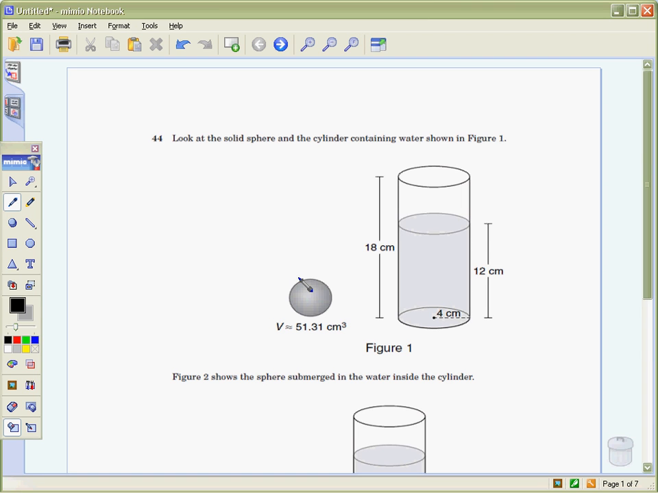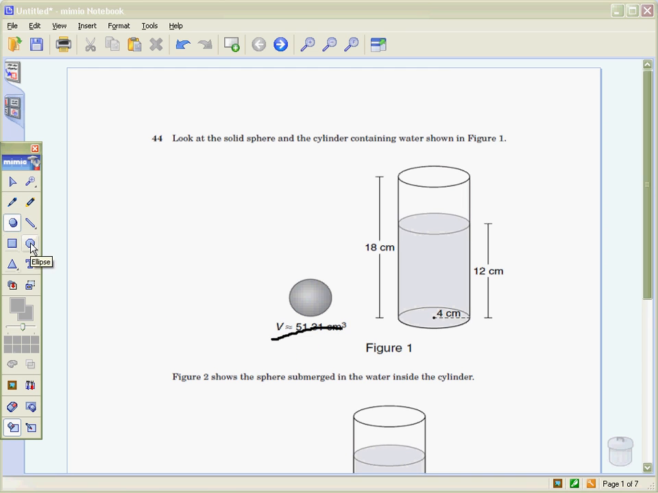Objective 10. Demonstrate an understanding of the mathematical processes and tools used in problem solving. Number 1. Look at the solid sphere and the cylinder containing water shown in Figure 1. So here we have a sphere that already gives us the volume is 51.31,